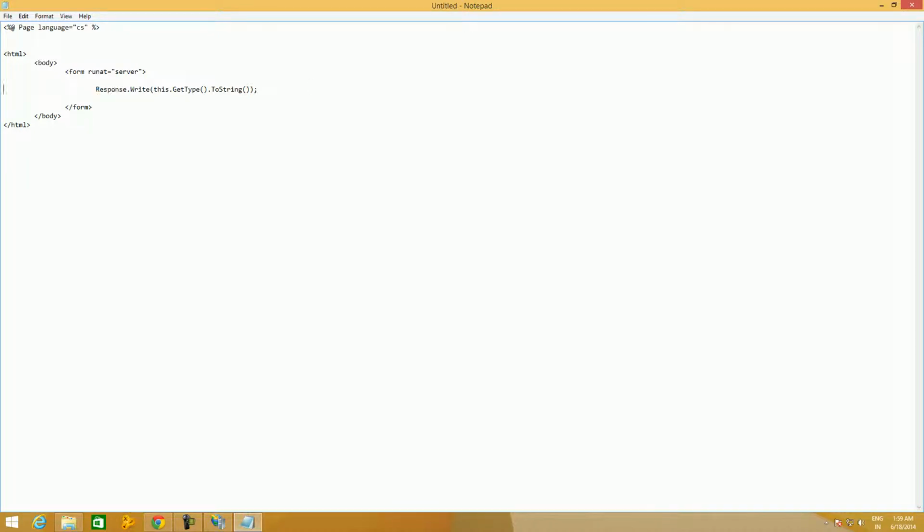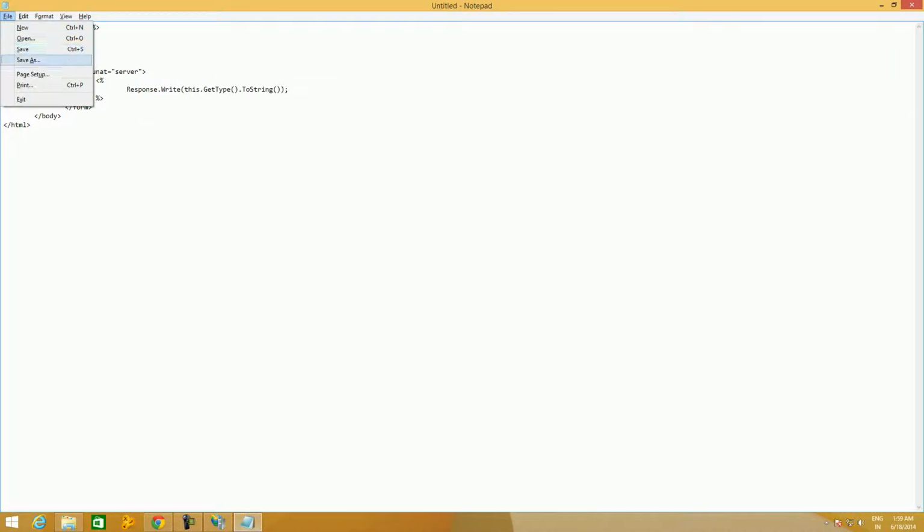Since we are writing C# code inside HTML, we have to enclose this using markup. So you have to write the C# code inside these percent tags inside the form tag.